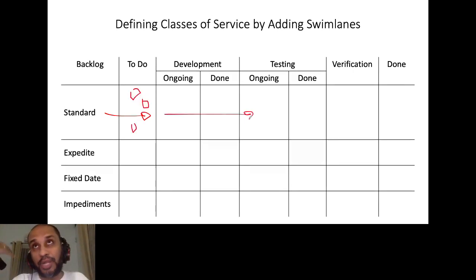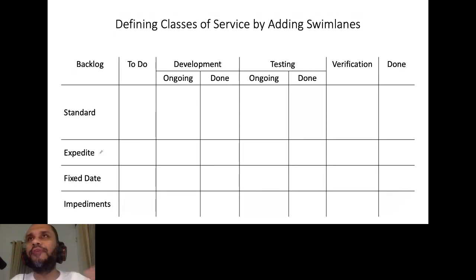But as you and I know, in software development, when we are using Kanban, all of a sudden our customer or stakeholder will come and say, look, I want this particular piece of work done as quickly as possible. I can't be waiting 2 or 3 weeks, or 1 month, or until you all prioritize this. I want it expedited. I want it done immediately. You can have your BAU work over here, but I want this ticket done as quickly as possible. When you have situations like this, where you want to clearly see things you need to do as quickly as possible, you can add a swim lane called expedite.